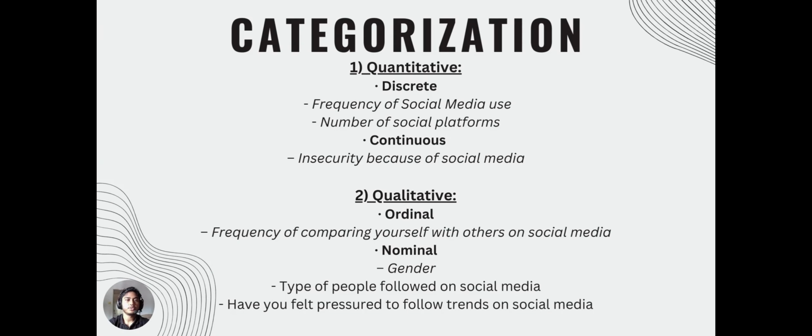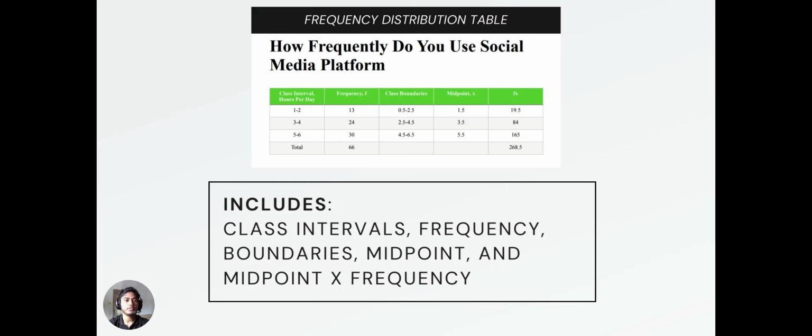Hi, my name is Dharma, and I'll be talking about the data categorization for this assignment. Firstly, the data is categorized into discrete and continuous quantitative data, ordinal and nominal qualitative data. Following Sturges' rule, we produce a frequency distribution table with class intervals, frequencies, boundaries, midpoints, and the product of midpoints